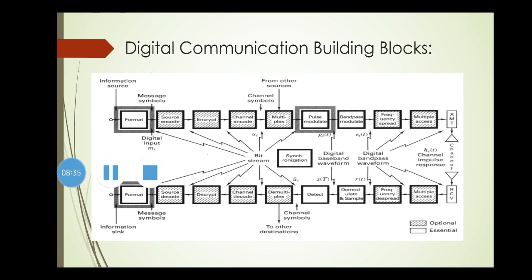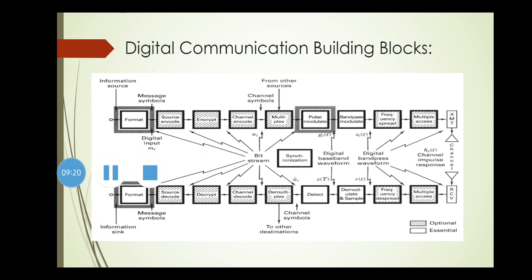Modulation, as we know, is the process by which message symbols, which after the channel encode block we call channel symbols, are converted into waveforms and made compatible with the required transmission channel. So whatever the requirement is for those bits converted into channel symbols, we make them compatible with the channel, and then help those symbols traverse the channel.